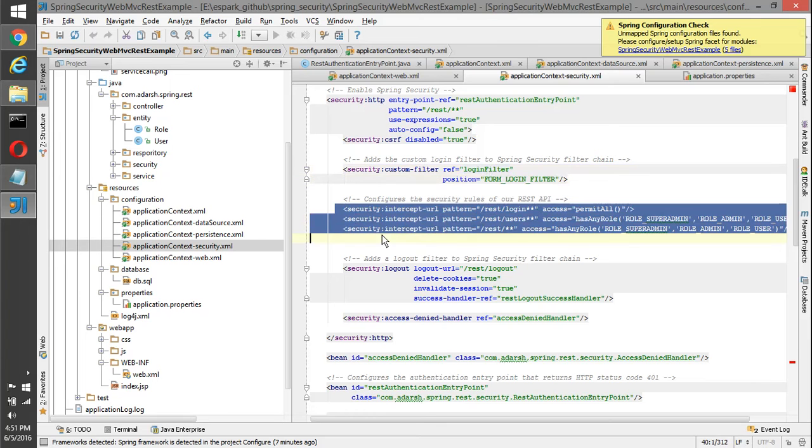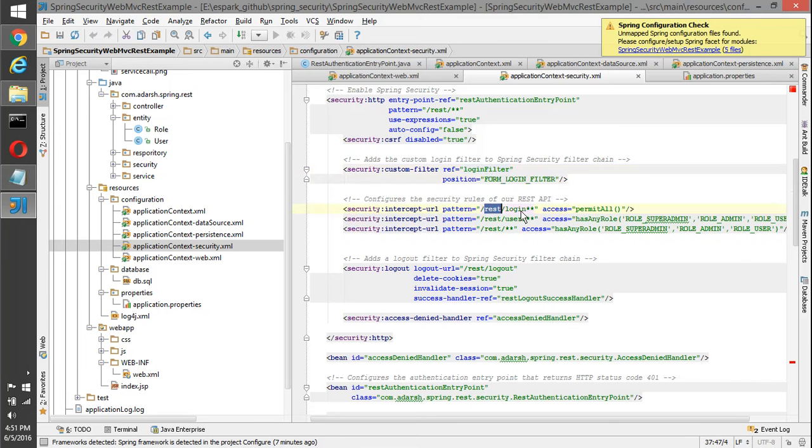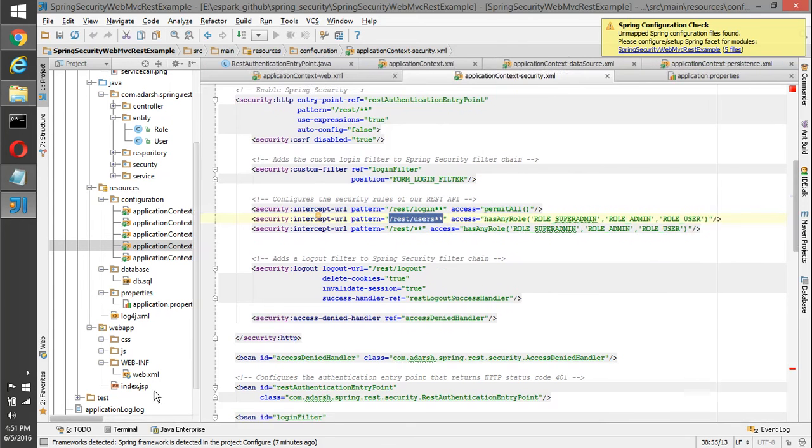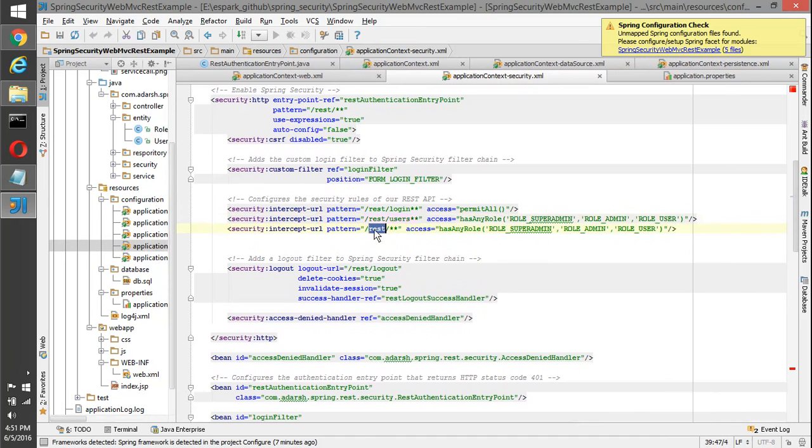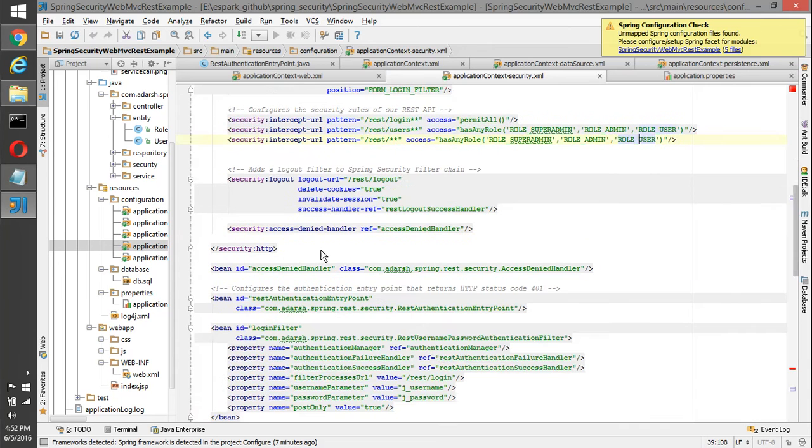Then we have a bunch of configurations: any request with /rest/login is permit all. Anything with /rest/users should have either super admin, user, or admin role, and for anything else with /rest/, at least it should have any of these permissions. Then we have a logout URL here, /rest/logout.